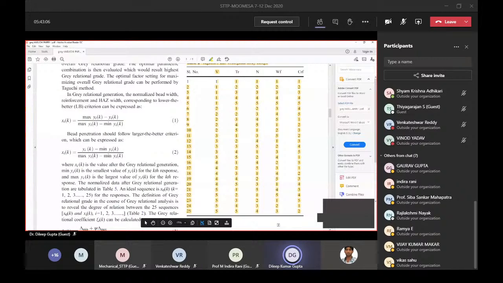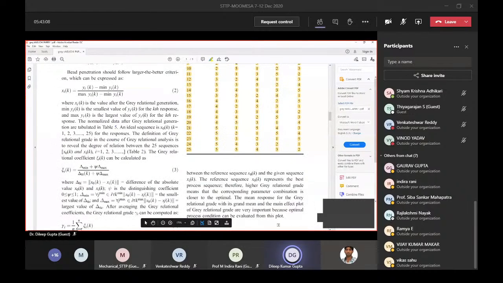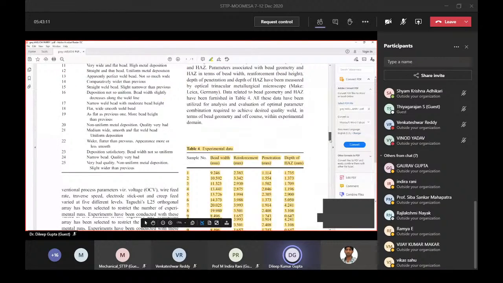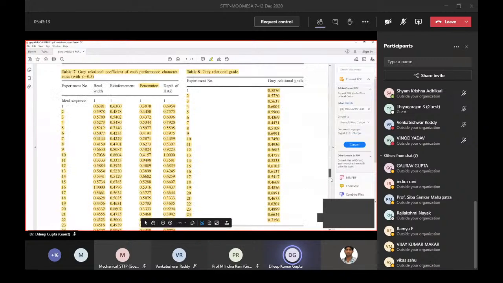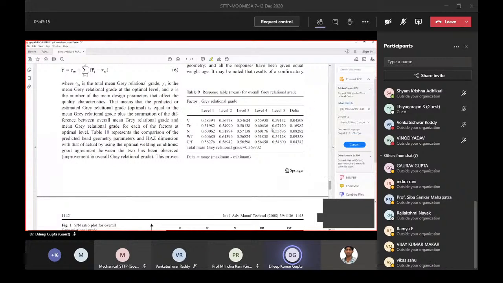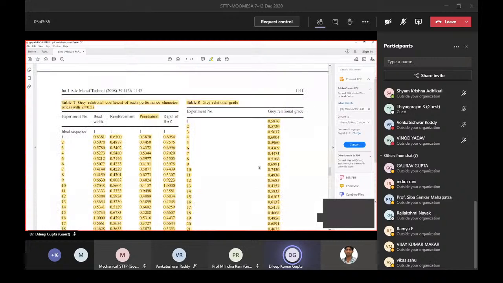ये वैल्यू उठाने के बाद आप इसका एवरेज वाला टेबल निकालिए, मीन टेबल जो आप निकालते थे। और मीन रिस्पांस टेबल कहां से निकलता था, आपको अगर याद हो, आई विल टेल यू, मीन रिस्पांस टेबल इस तरह से बनेगा, याद आ रहा है? जो आपने कल टागोची में सीखा है, तो इस तरह से लेवल 1 का मीन, लेवल 1 का मीन विथ वी, राइट? वी वोल्टेज है आपका, सो वी वोल्टेज के लिए आप मीन कैसे निकालोगे, लेवल 1 का मीन, लेवल 1 विथ वी।